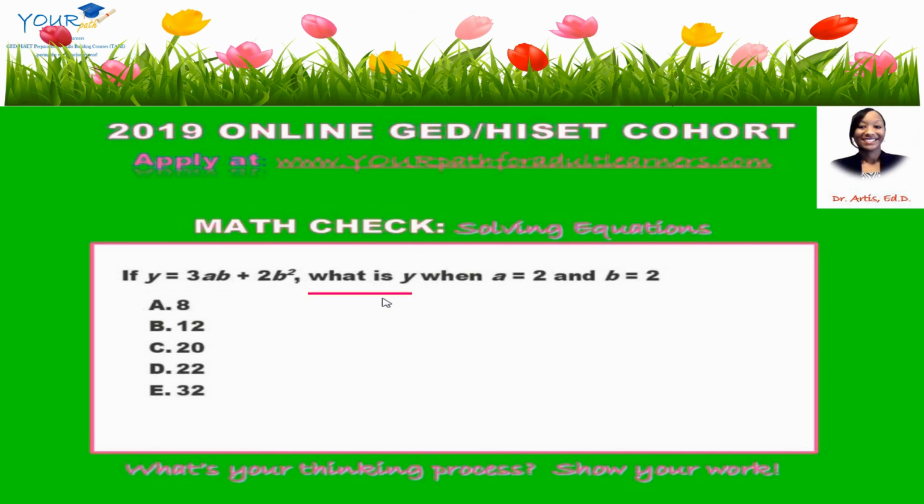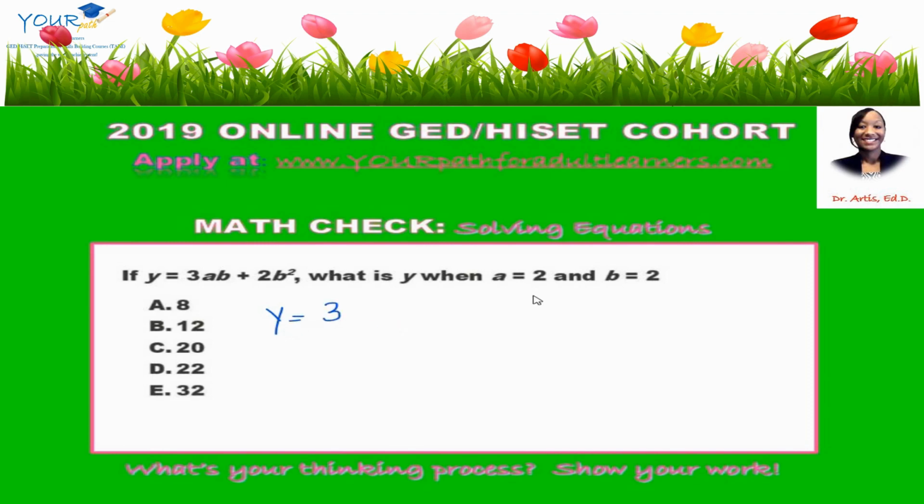So now we know that we need to find the value for y when, and we're being given the values for both a and b. And we know that the value for a is 2, as well as the value for b is also 2. So now we're going to take our values and we're going to insert them into our equation here so that we can find the value for y. So now when we do that, we have y equals